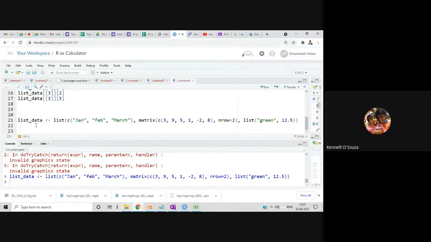Okay, so now the thing, yeah. So I think there must be one more bracket, no? Like matrix 3 9 minus 5. There is one closing bracket. No. See, this first. Sorry, after row equal to 2, then there must be one bracket, no? So this is the bracket. One more bracket will be there, no? No. Yeah, one is for C and one is for matrix. This function will require a bracket, right? So I have not put a bracket after 2. In row number 2, I have not put a bracket. Okay, yeah.